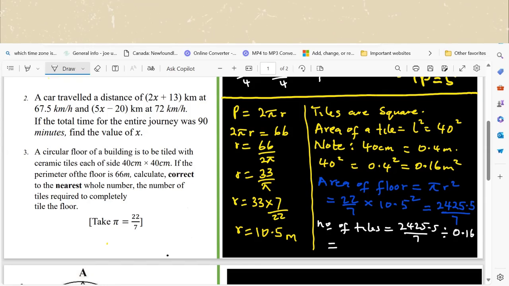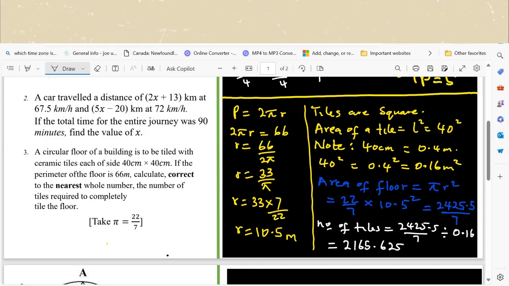This will give us 2,165.625. We have 2,165.625